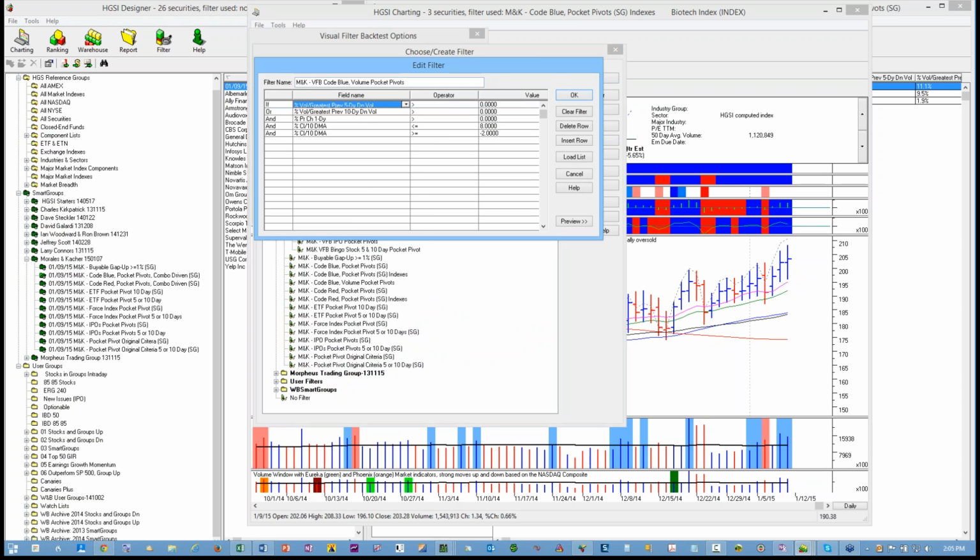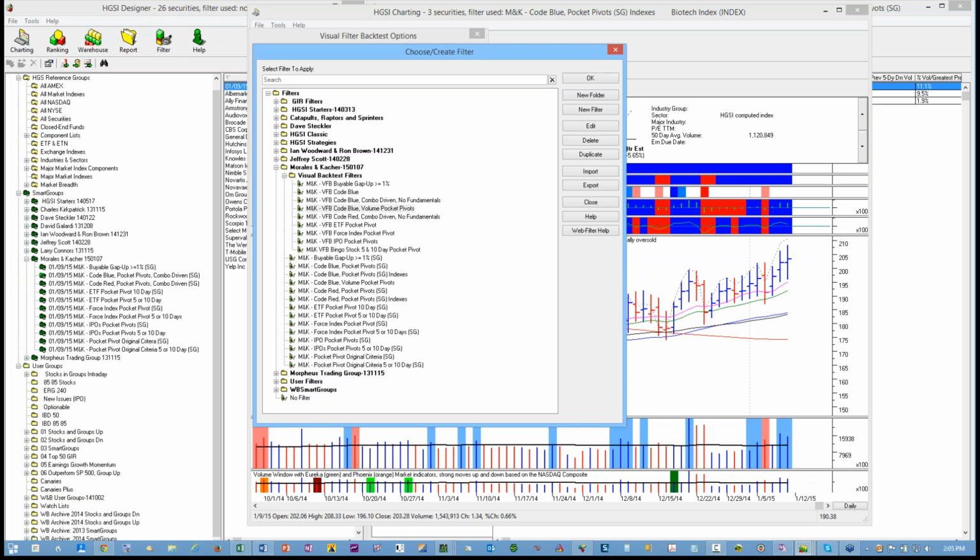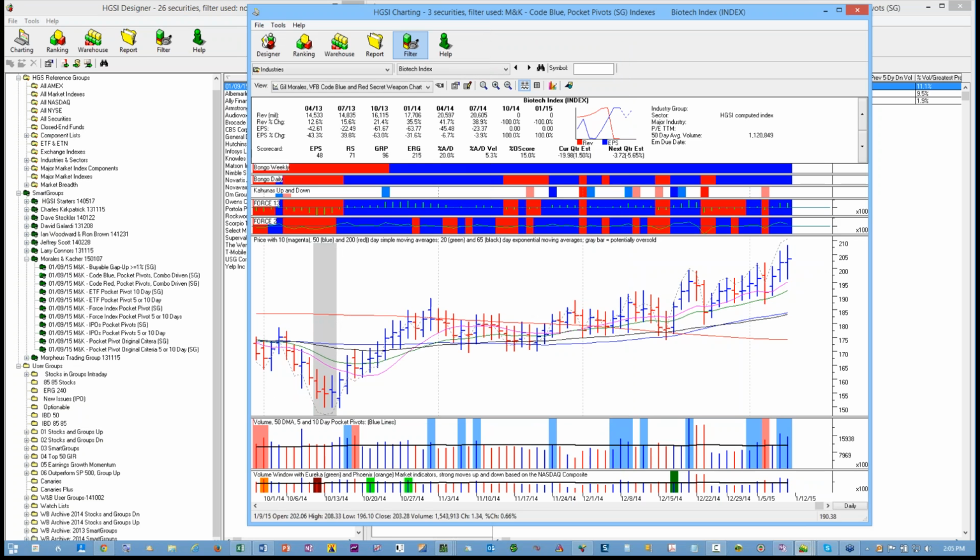This would be a 5-day pocket pivot. This would be a 10-day pocket pivot. The price change has to be positive, and it has to be within the percent close to the 10-day moving average of no more than 8% above it or 2% below it. So if you see a big move in a stock and you're using this chart and you wonder why there wasn't a pocket pivot, it's got to be because it was extended away from that more than 8% above